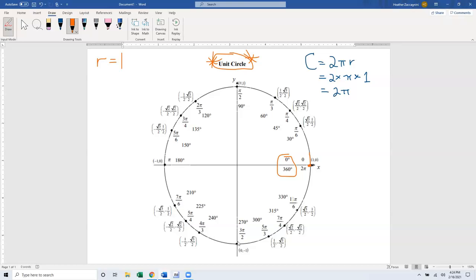Because if I go all the way around and back again, the circumference, not the degrees, is 2 pi. So you see right next to it here, we have 0. So 0 equals 0. And we also have that 360 in degrees equals 2 pi in distance,